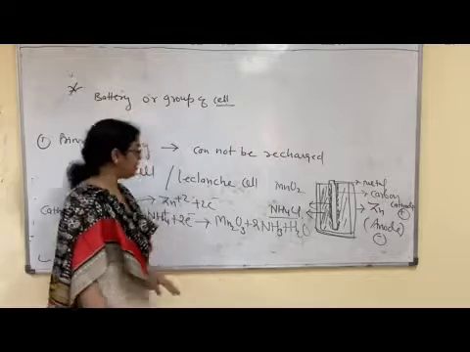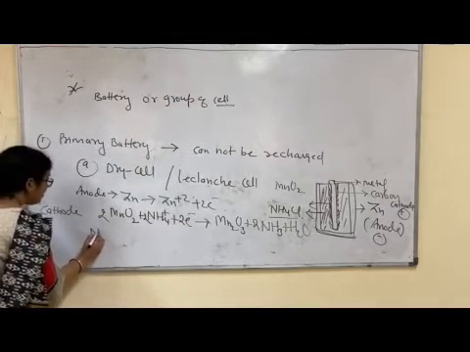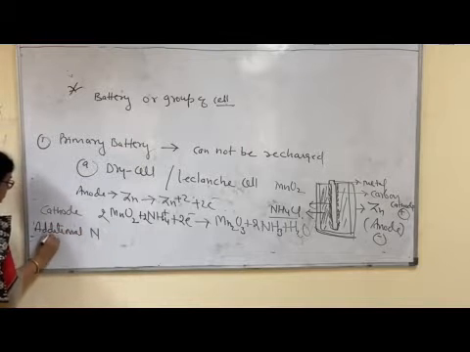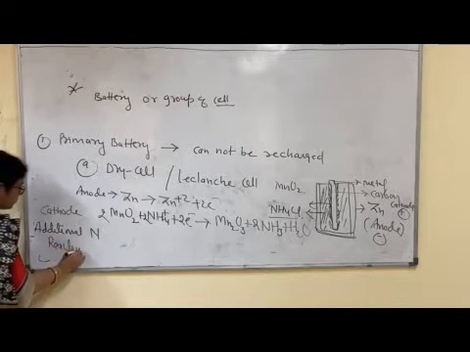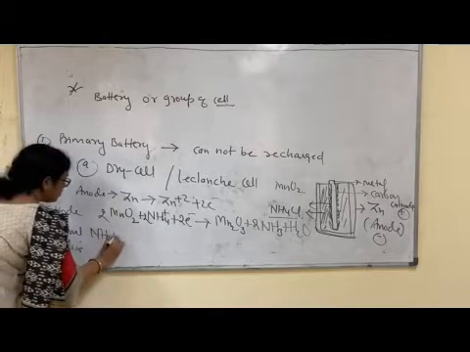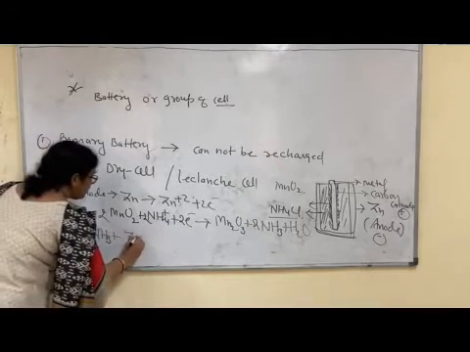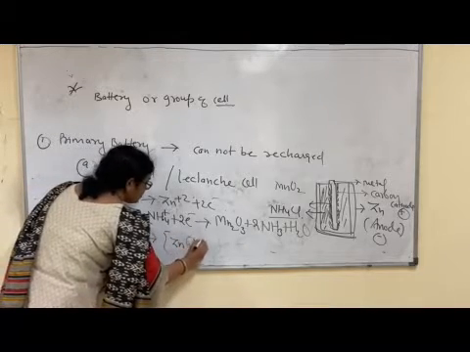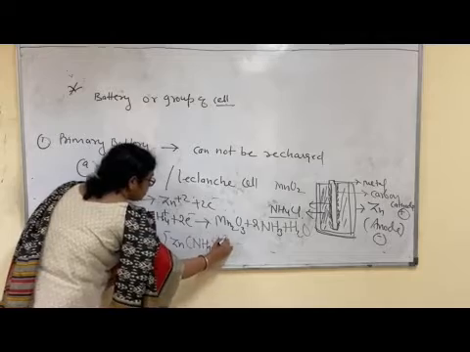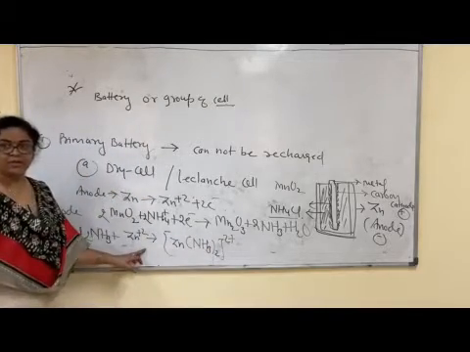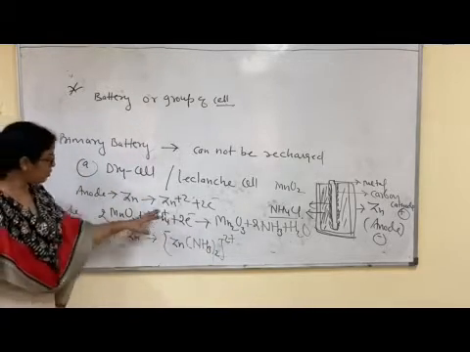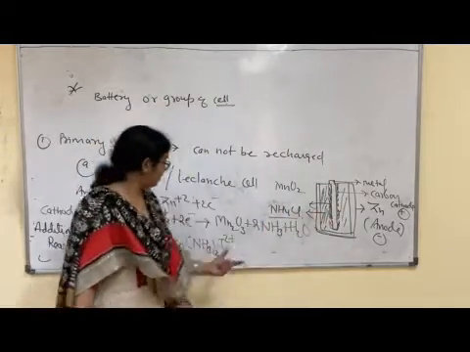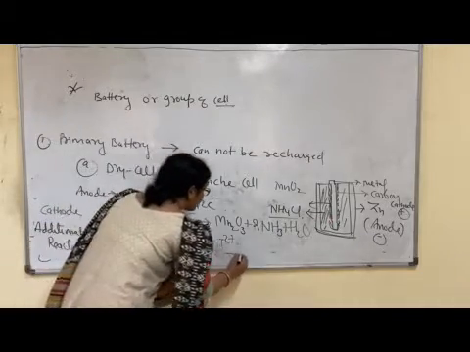And what is the addition reaction? This ammonia gas reacts with zinc ion and forms a complex. Okay children, this is an important part. Where does ammonia go? This ammonia gas reacts with zinc ions, which are also present in this cell, and forms this complex. This is a complex compound.